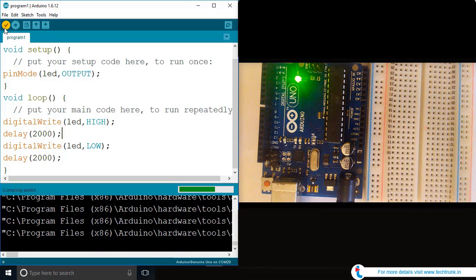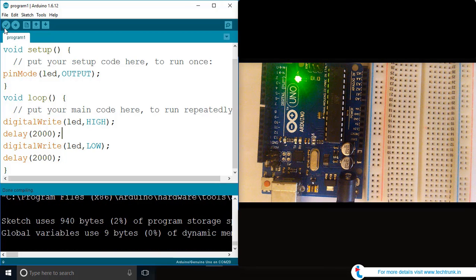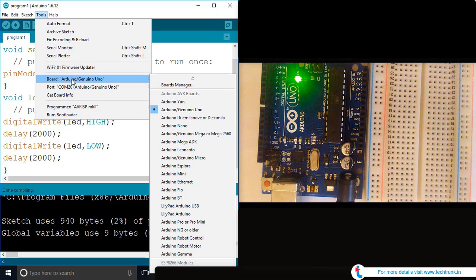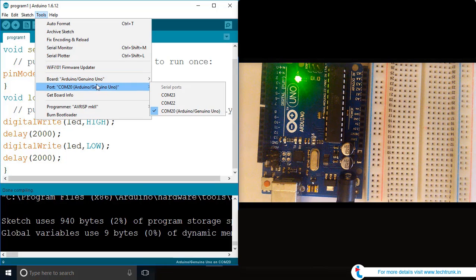Next step, once you're done with compiling of program, for uploading a program, you have to select the COM port on which Arduino is connected to. So you can navigate to Tools, check the board. The board is Arduino UNO, and in the COM port option, you'll be getting a couple of COM ports. The COM port number in your case might be different than my case, but on one of the COM ports, you'll be getting Arduino UNO is connected up. You have to select that COM port,